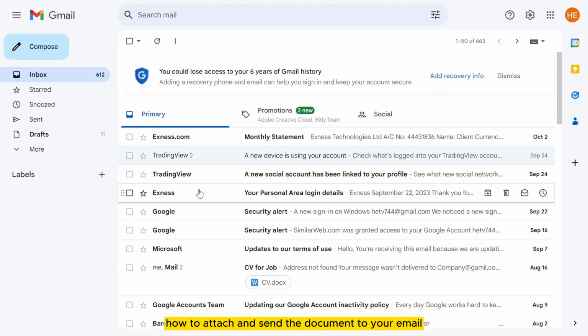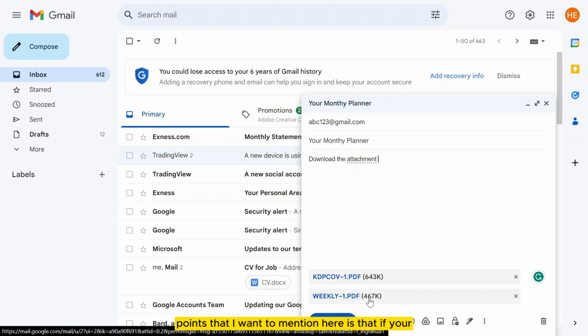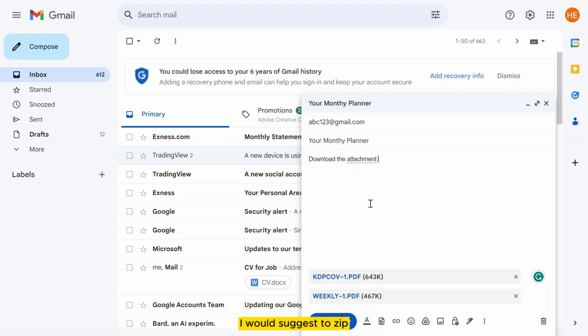how to attach and send the document through your email. Points that I want to mention here is that if your file size is quite large, I would suggest to zip that file in order to reduce its size, or the other option is that you can use the cloud storage, meaning by that you can upload that file into Google Drive or OneDrive or iCloud, and then create a